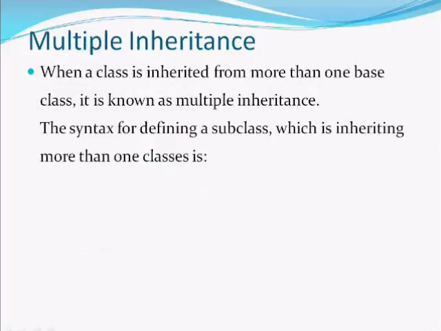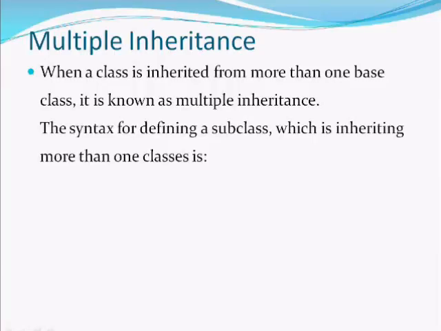Now we will look at what is multiple inheritance. When a class is inherited from more than one base class, it is known as multiple inheritance. This powerful capability encourages interesting forms of software reuse but can cause a variety of ambiguity problems. Multiple inheritance is a difficult concept that should be used only by experienced programmers, and many languages do not enable a class to derive from more than one base class.